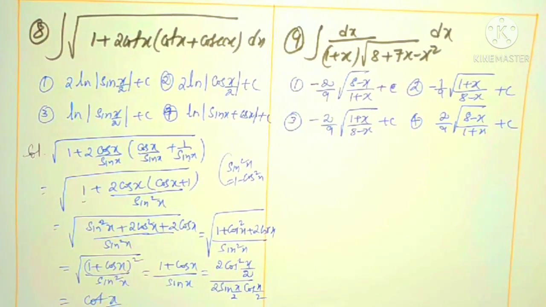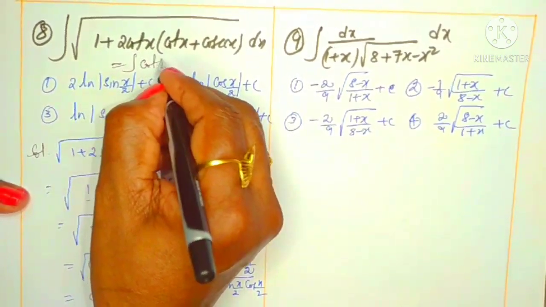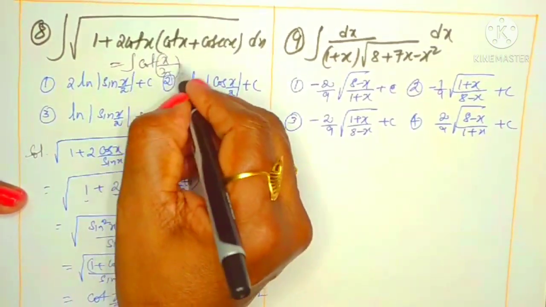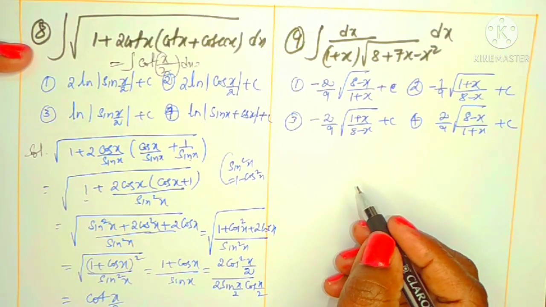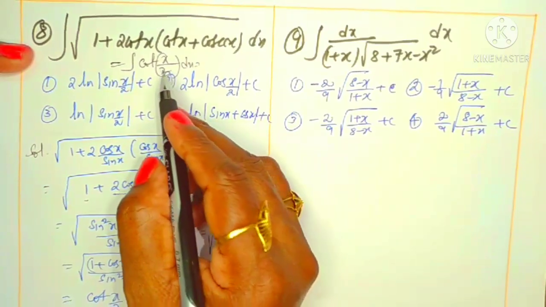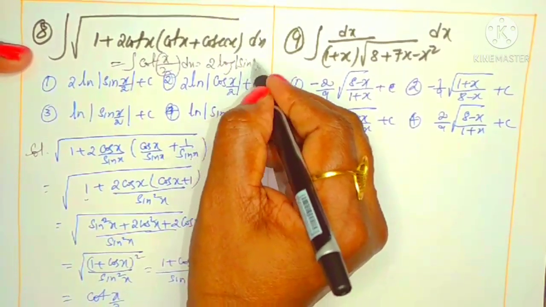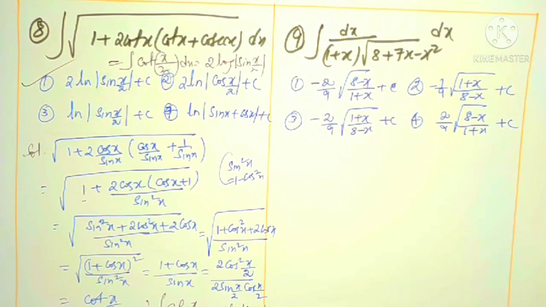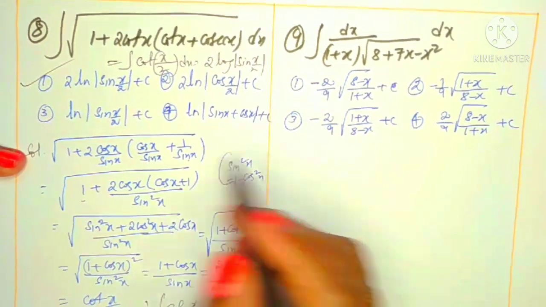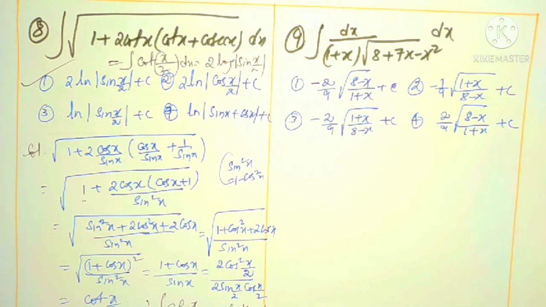Okay, indirectly what is it asking? It is asking the integral of cot x by 2. You know the integral of cot x by 2? Yes, the integral of cot x is log mod sin x, and with 1 by 1 by 2 it becomes 2 log mod sin x by 2. That is which option? It is clearly the first option. It's simple. You have to concentrate on the simplification of the given function. All these you can get easily, but you have to practice different types of questions, then only you can get the idea. Right, now we can come to the next question, number